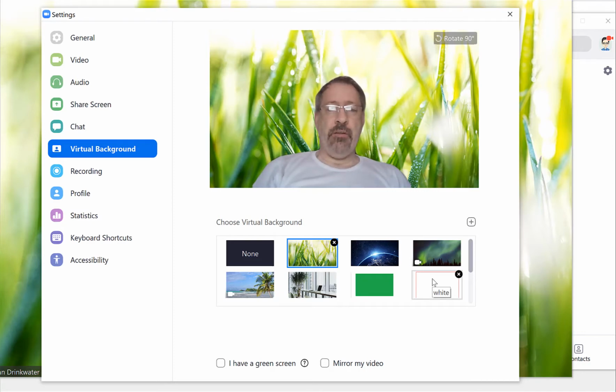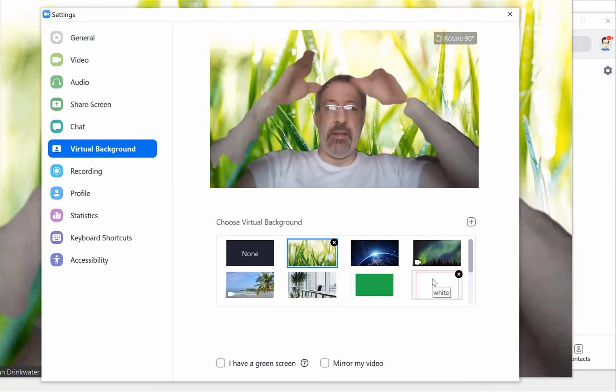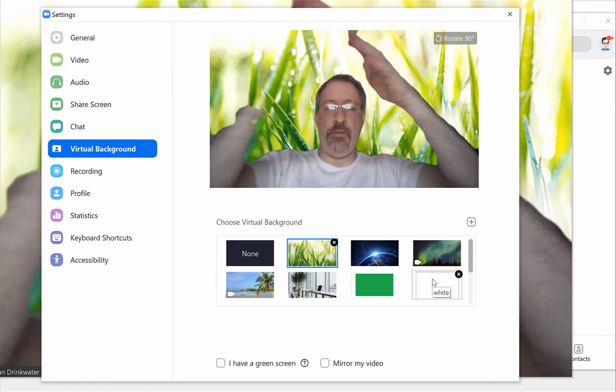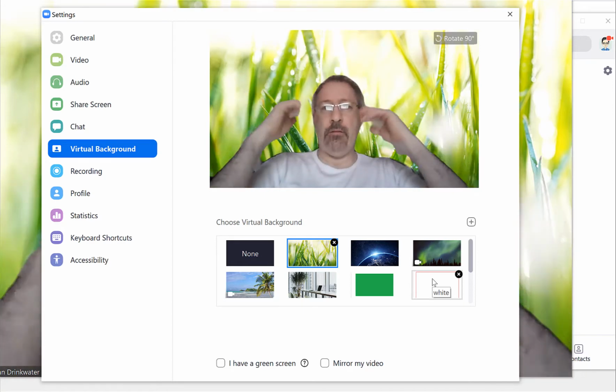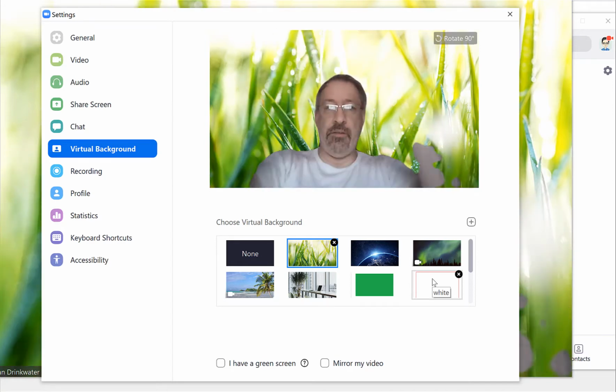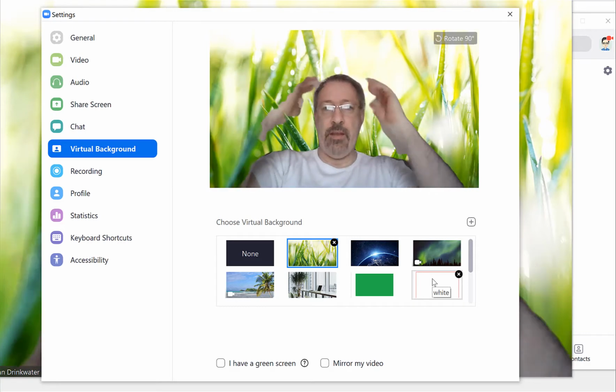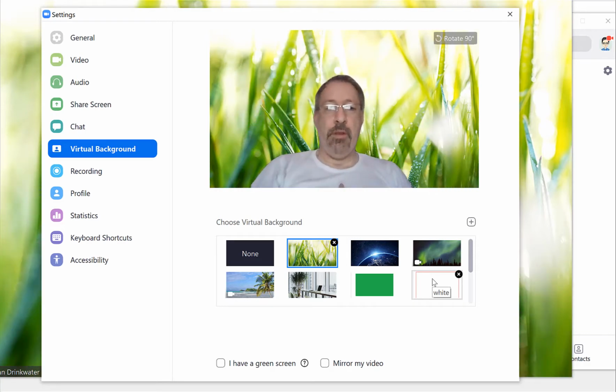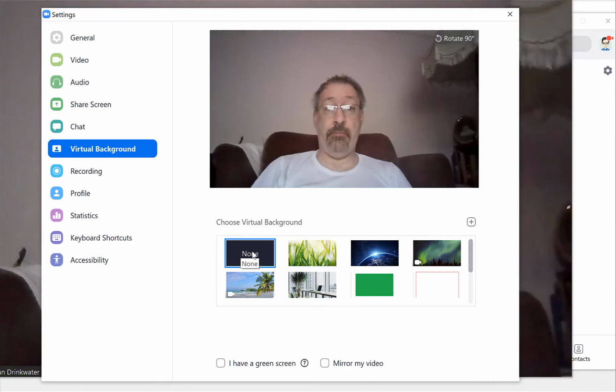As you can see, I've got a virtual background on now, and it is the one that tries to guess where you are and then draws the background. And you can see my hands are disappearing and it's all very horrible. So what I'm going to do is use the green screen background. First I'm going to go to none to show you what my background is. I am sitting in a lounge in a very poor place to sit, but that's because I want to show you some things. So I'm going to click on this green screen button here